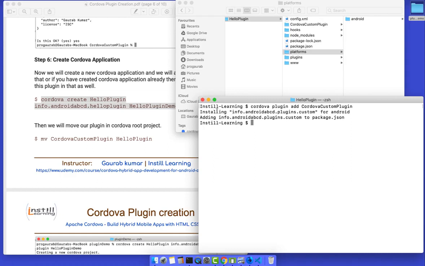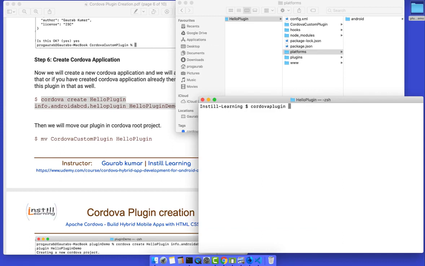So here you can see installing and adding. This is the ID of our plugin, and it is already added in package.json. So now if you see, Cordova, I'll just clear the screen again.